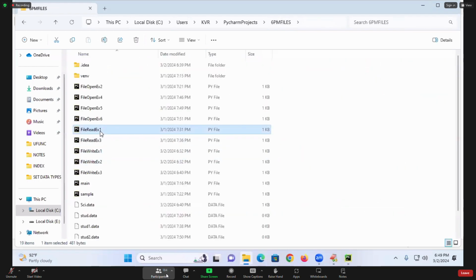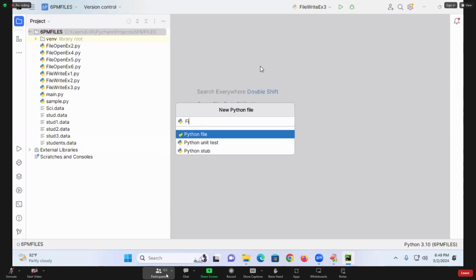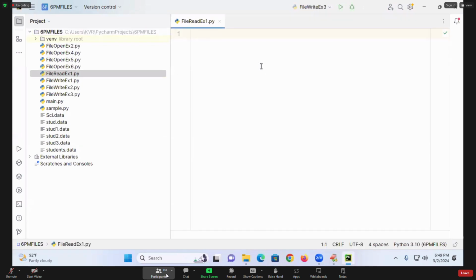Here I will just I'll remove this. So I just want to go for something like, I just want to go to this place now. Go to this place. Now I will start taking, go to the place. Now I'll go for file read example1. So let us start program for demonstrating how to read the data,